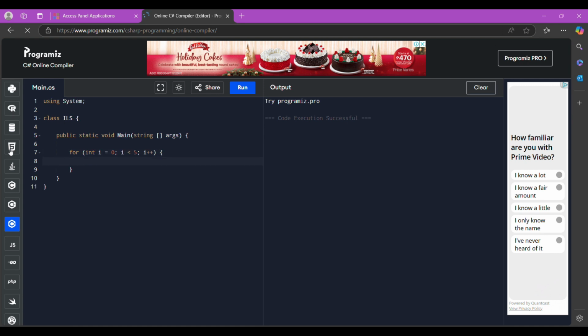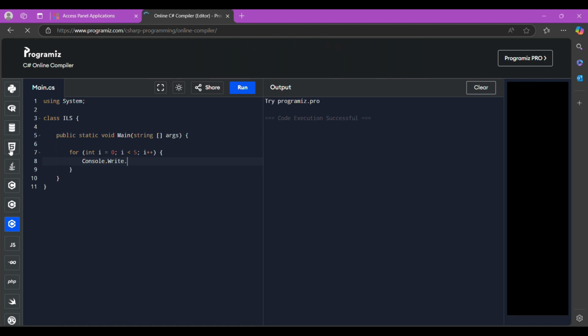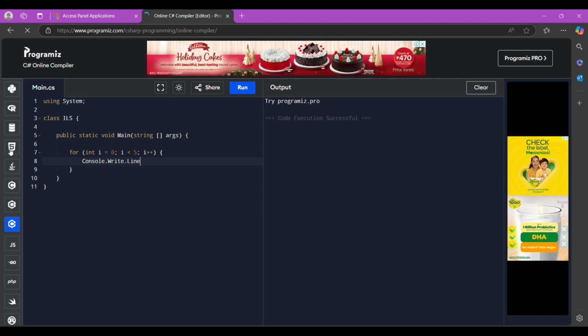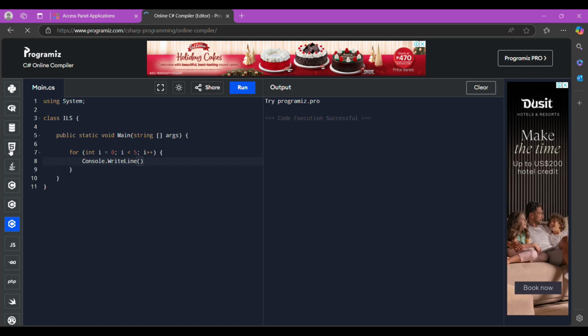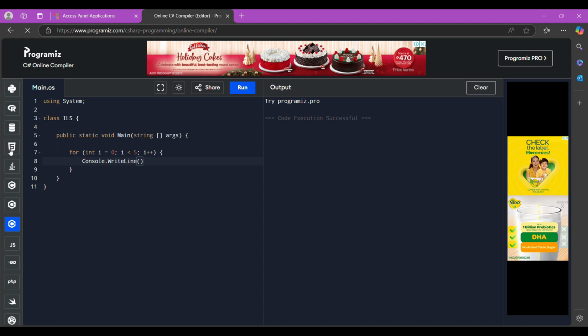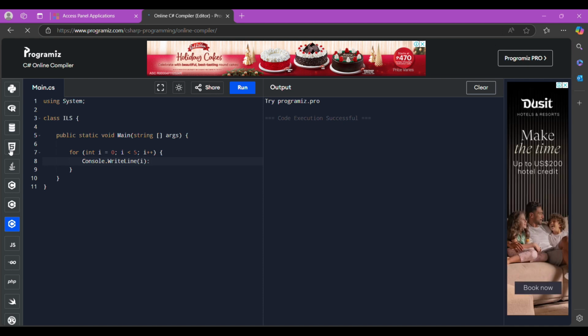Then below is Console.WriteLine, put a dot, then close parenthesis, then i. Let's try to run it and see if it will work.